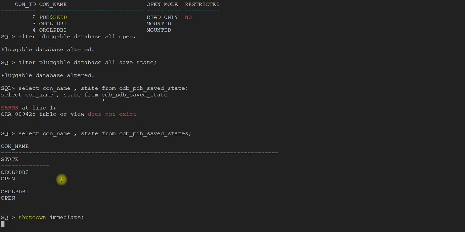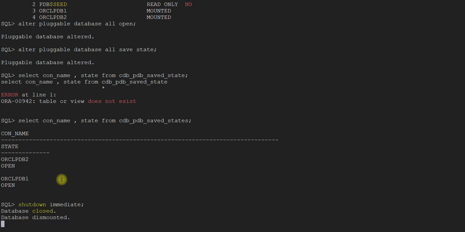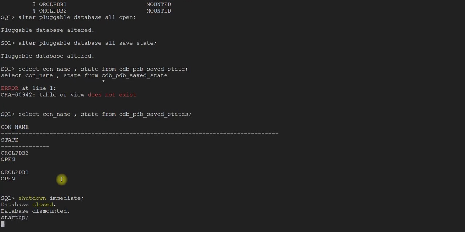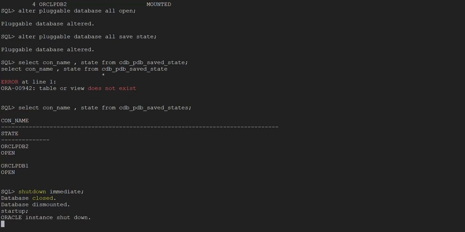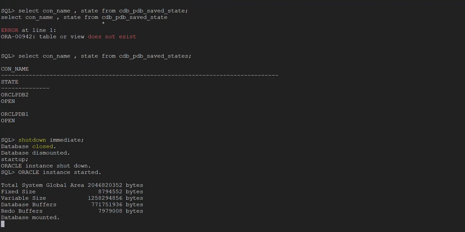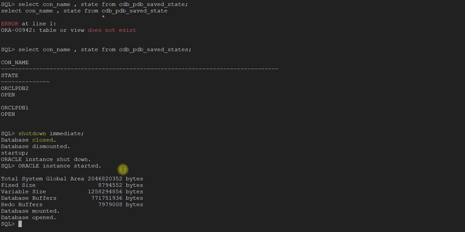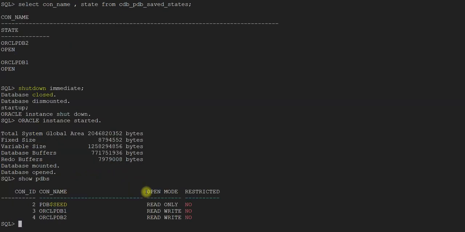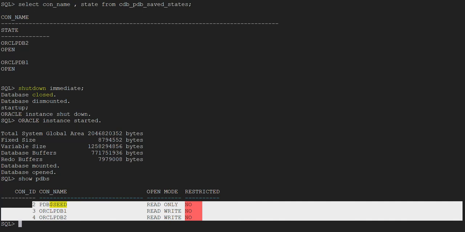These are very important things you need to do in the real environment, because the applications are very critical. Startup. You need to make sure that application users, since it can be a very critical application, can always connect to the database if the database is not currently in maintenance mode, right? So yes, now the database should be in open state or read write. Show PDBs. So perfect, everything looks fine. Let's move on.